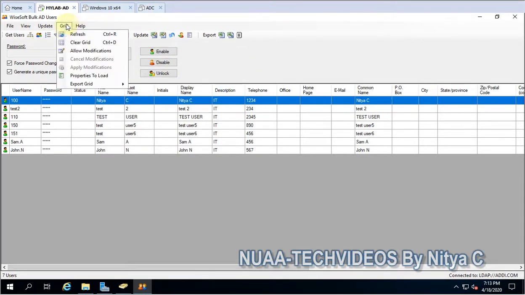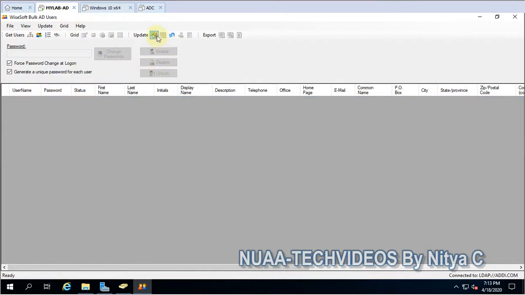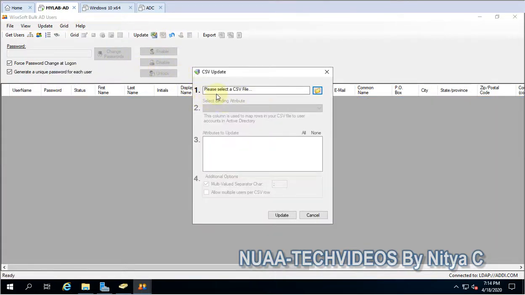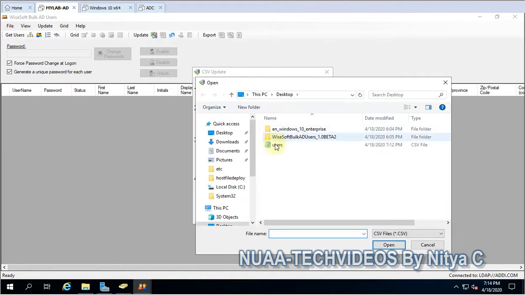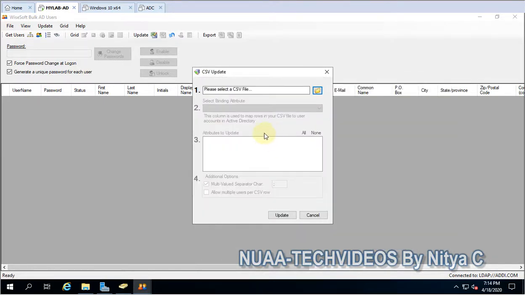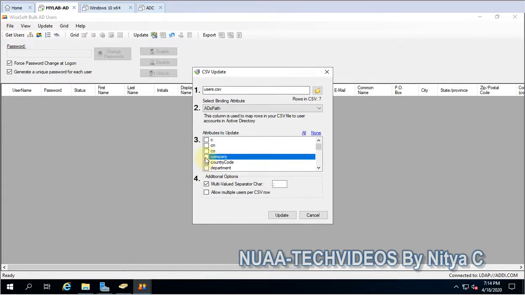So you have to clear the grid, clear grid, then update. Please select the CSV file, then you have to give the path where your file is, and whatever attributes are there and which one you want to modify or update, you have to select that. So let me select none, and I'll select only company because I want to modify from that sheet only company and country code and department.